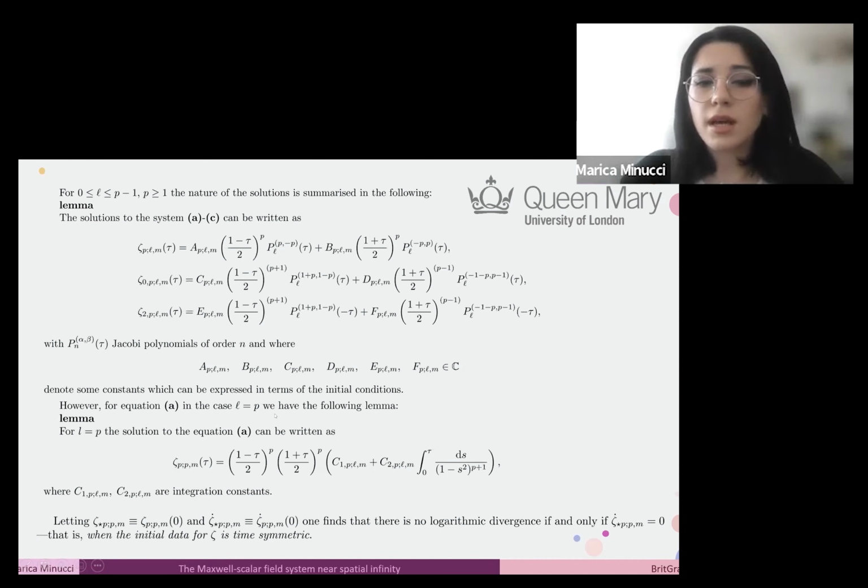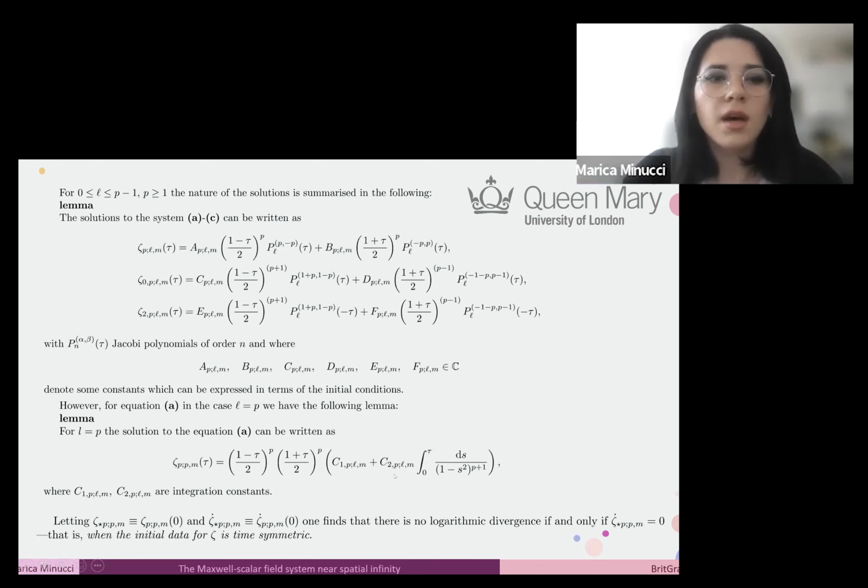Now, in the case L equal to p, we notice that the solution to the first equation behaves nicely until the coefficient C2 is not equal to 0. For C2 different than 0, we have a logarithmic behavior at the critical set. So we worked on the solution to try to figure out how to avoid this logarithmic divergence. And in this case, we noticed that time-symmetric initial data guarantee the vanishing of these coefficients, and so the solution